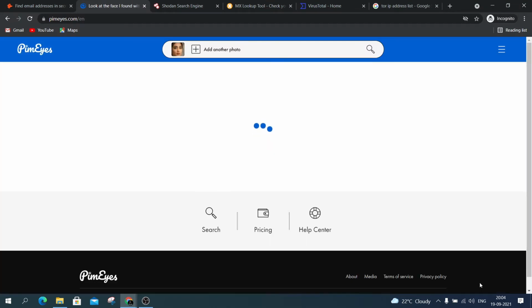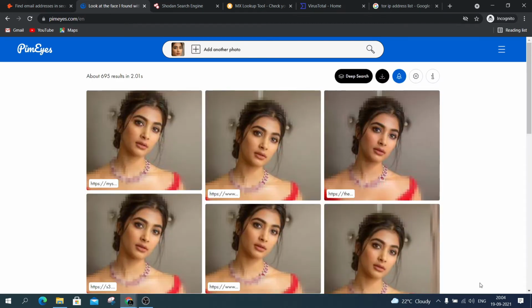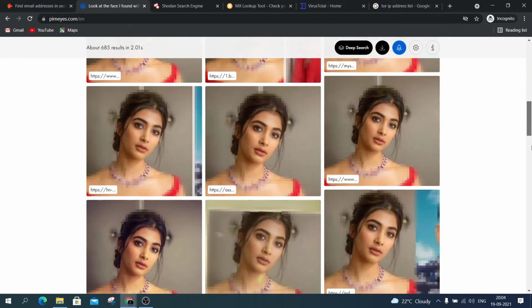What this tool will do is some research in the backend, and it will show the details of that particular image. Wherever the image appears, the entire source it will collect and show in front of us. So this is really a very useful tool. If hackers, ethical hackers, cybersecurity analysts, or people who got that photo and are trying to find that person use this tool, they will get good information about that particular photo. Let's scroll down here